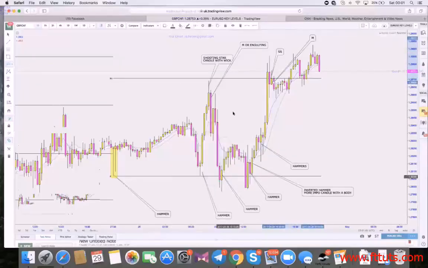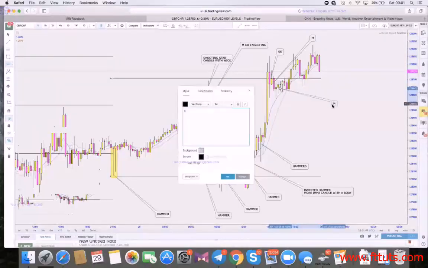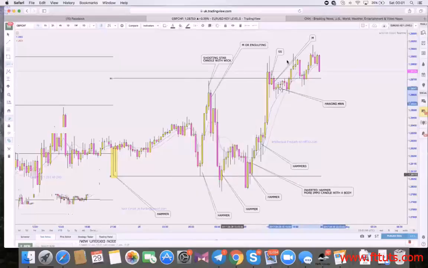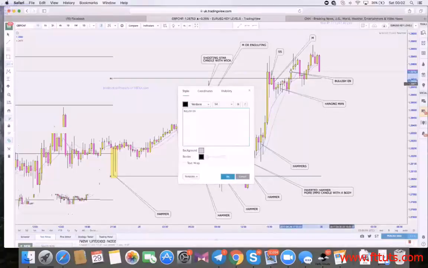Marubozu, guys, candlestick. And then if the price breaches, the level has changed. These candlesticks are hanging man, and then eventually the price breaches the level, and this candlestick is your bullish engulfing, bullish